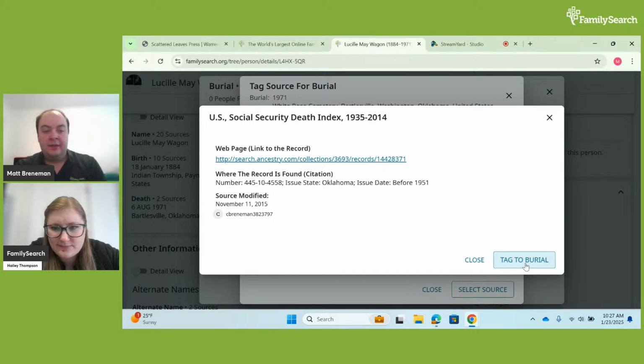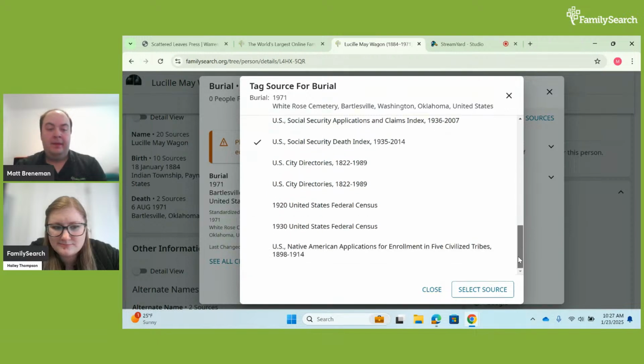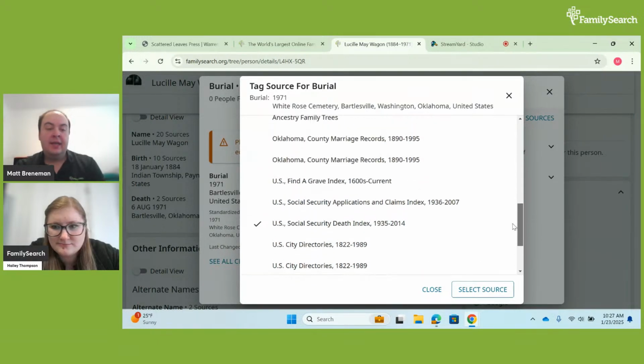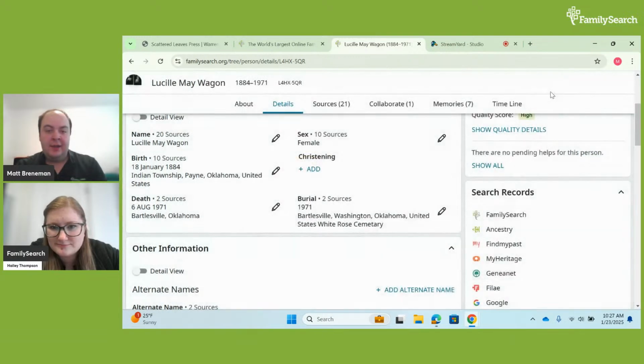I can press on tag to burial. And then once you're done tagging sources, you can press close. And that will be there. And there you go. It's tagged, and you can exit out of there. And there will be more sources tagged to that information.